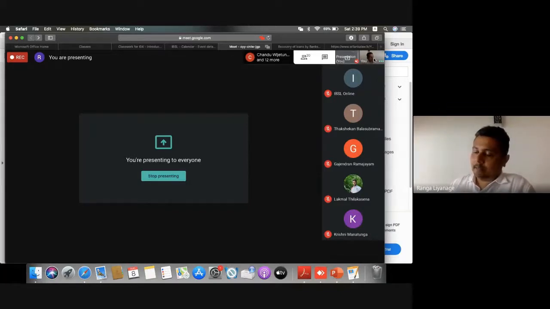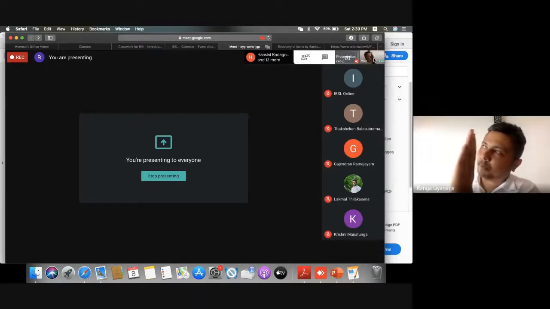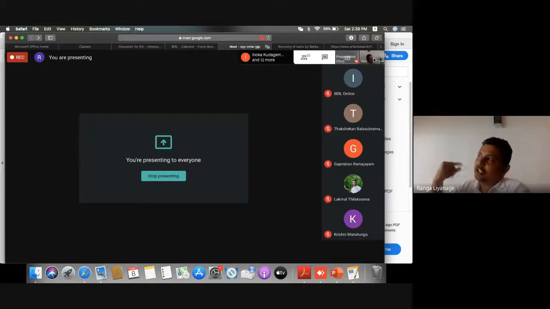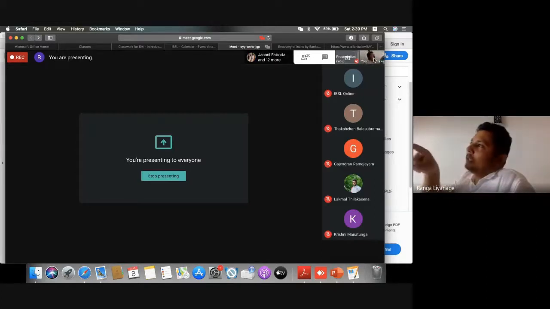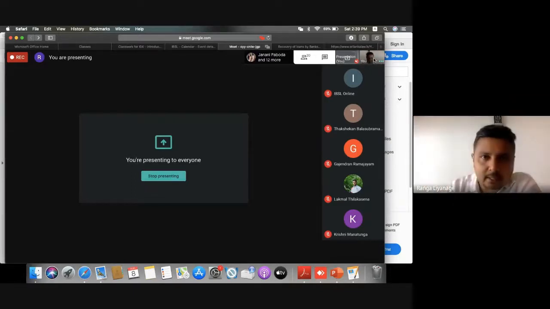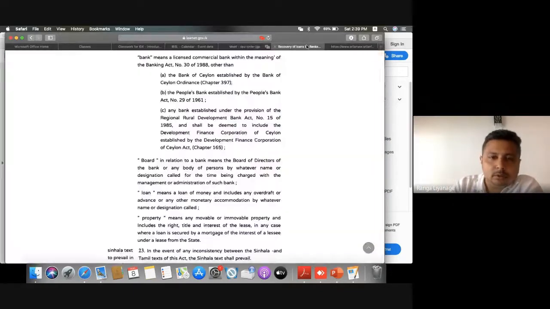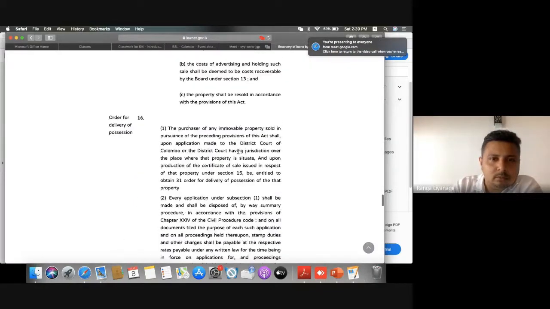Right? In that particular case, it was decided that the property that can be auctioned is only the property of the borrower and not anyone else. Because when you look at section 2, it says who the borrower is, right? And when you look at section 13,